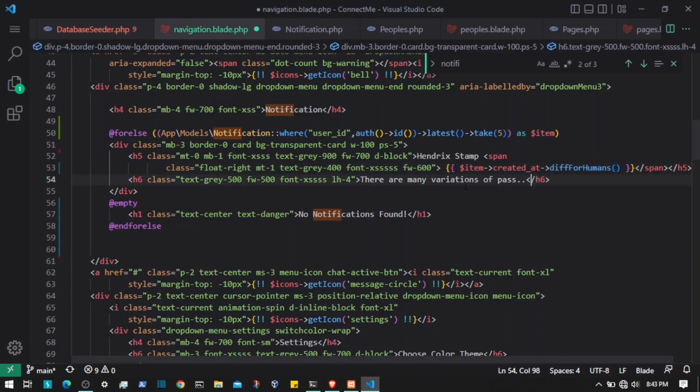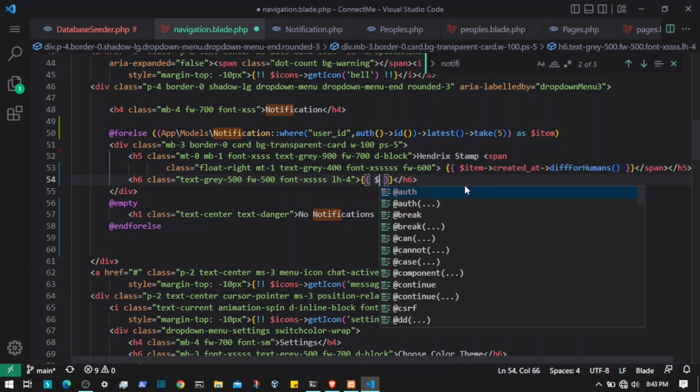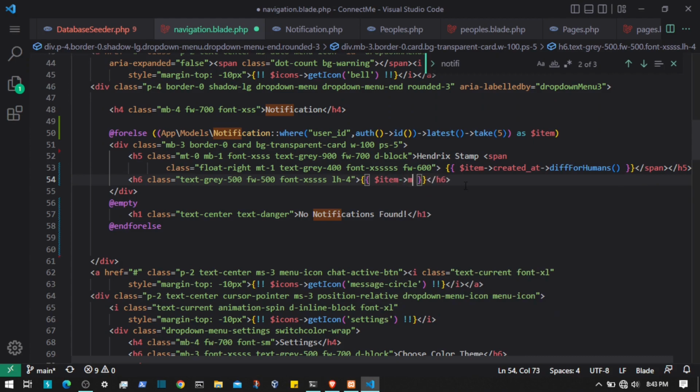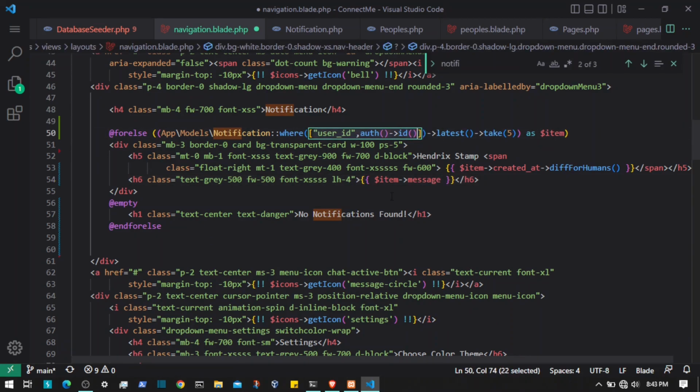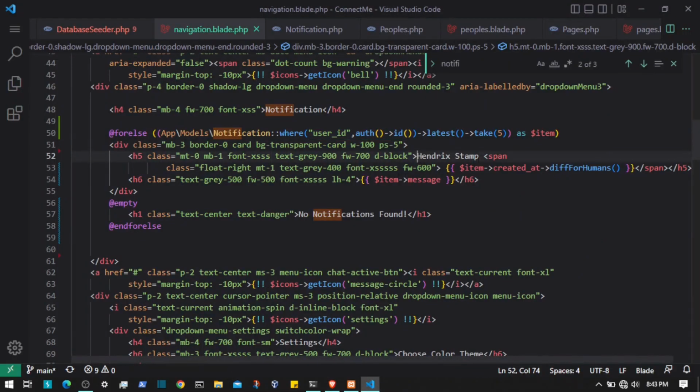And after that we have the actual notification, so I'm gonna say something like item message, and here we will have the condition of is read as well. So if I already have read this notification, then no need to display that, or I think we can, yeah, the latest notification, yeah, that is fine, we can display them. And I'm gonna remove this section because we don't need it. I'm gonna remove this,